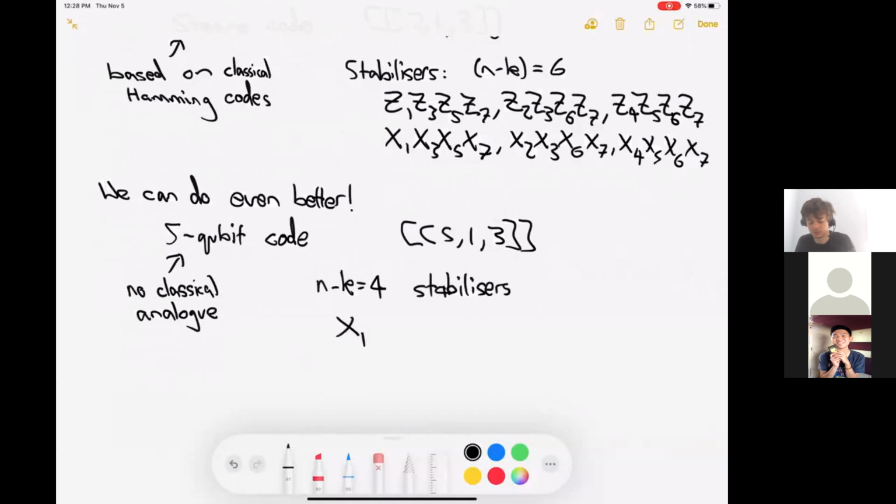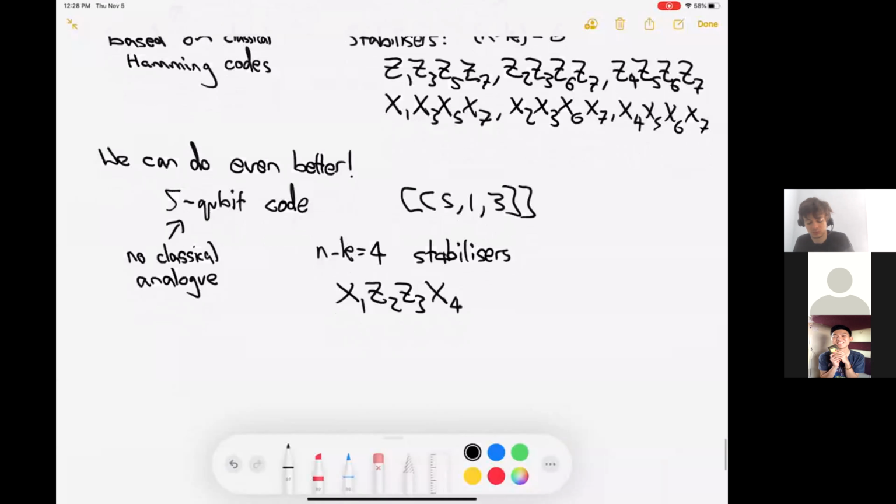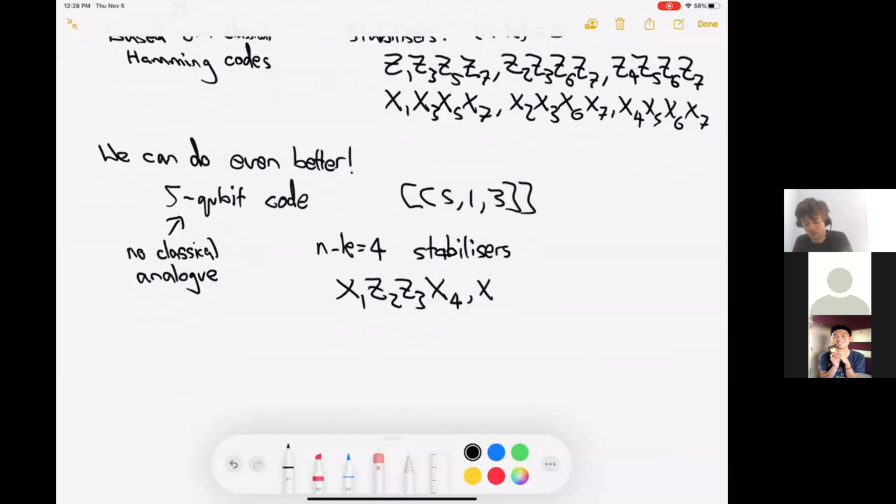They're X1, Z2, Z3, X4, X2, Z3, Z4, X5, X1, X3, Z4, Z5, and Z1, X2,